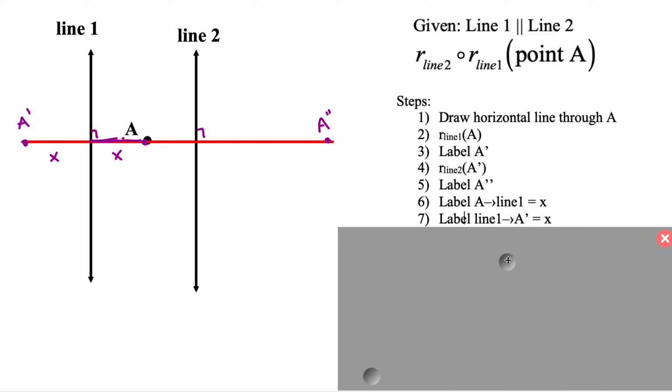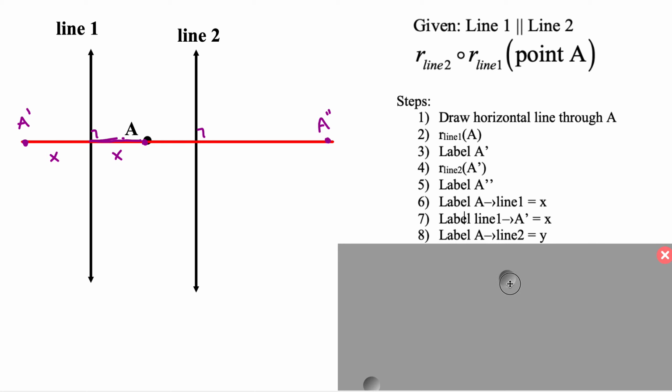Now this is where it gets a little bit tricky. This distance is x, unknown. This is x unknown, but we know it's the same. It has to be because of reflection. This distance over here looks the same, but we can't be sure it is. So what we're going to do is label from A to line 2 the distance y,